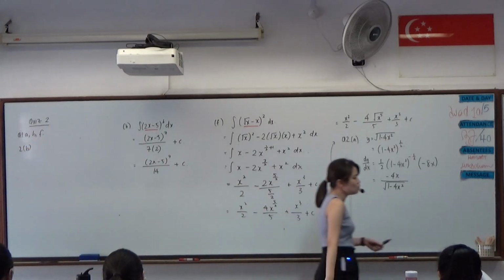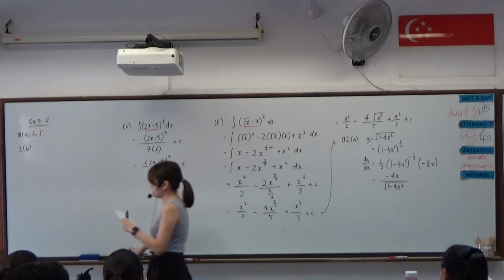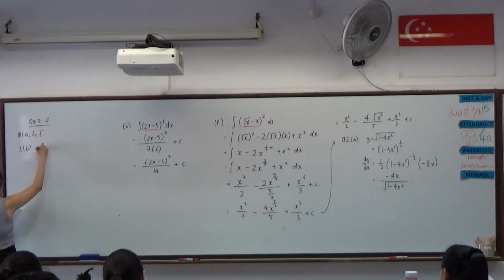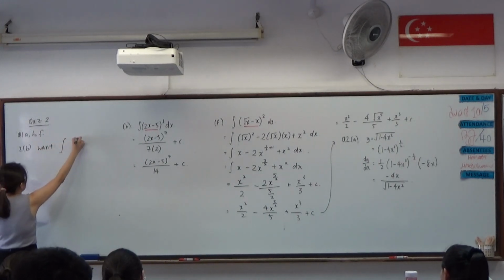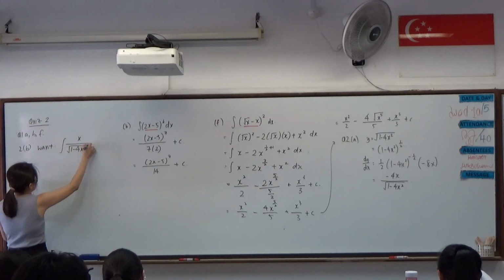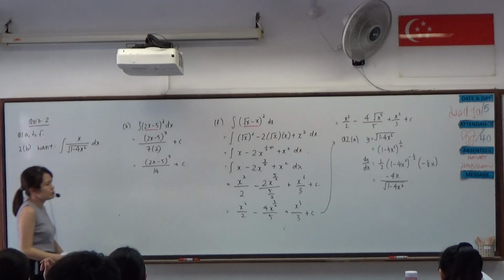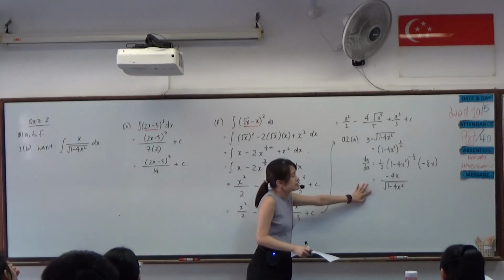Then in question 2 part B, they want you to integrate. What you want is the integration of x over square root of 1 minus 4x squared dx. The keyword in that question is hence. That means you must use part A. So how to make use of part A? The first thing that we should do,